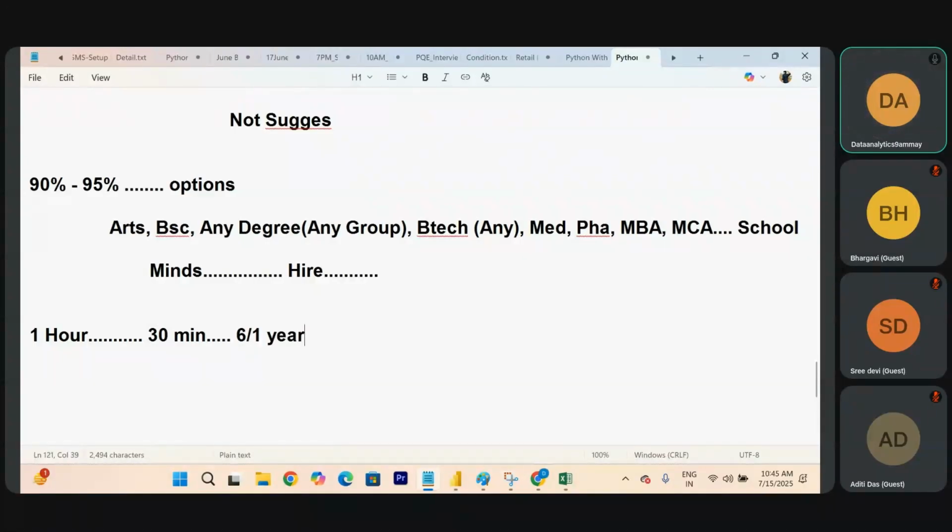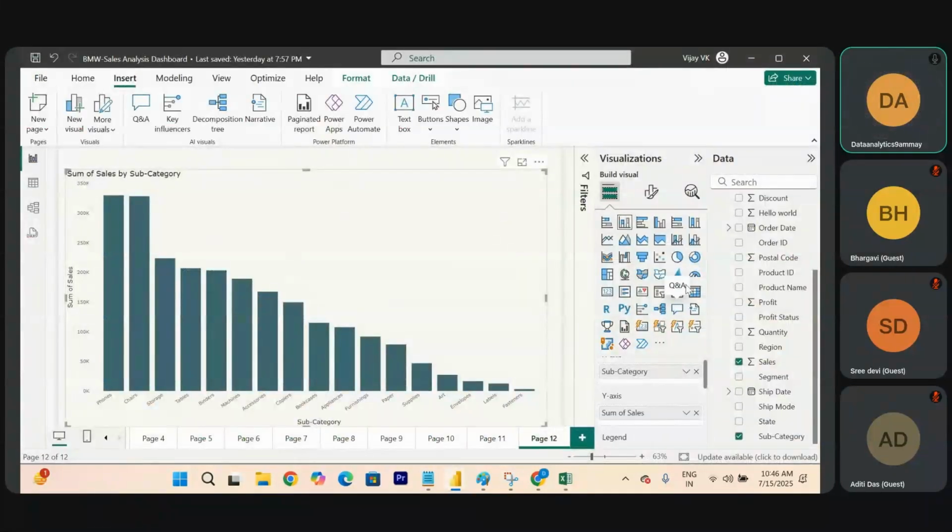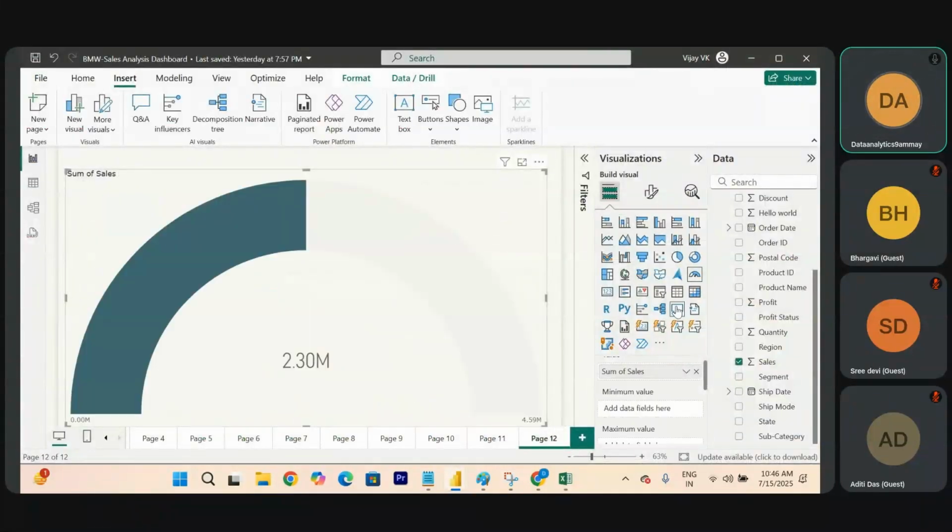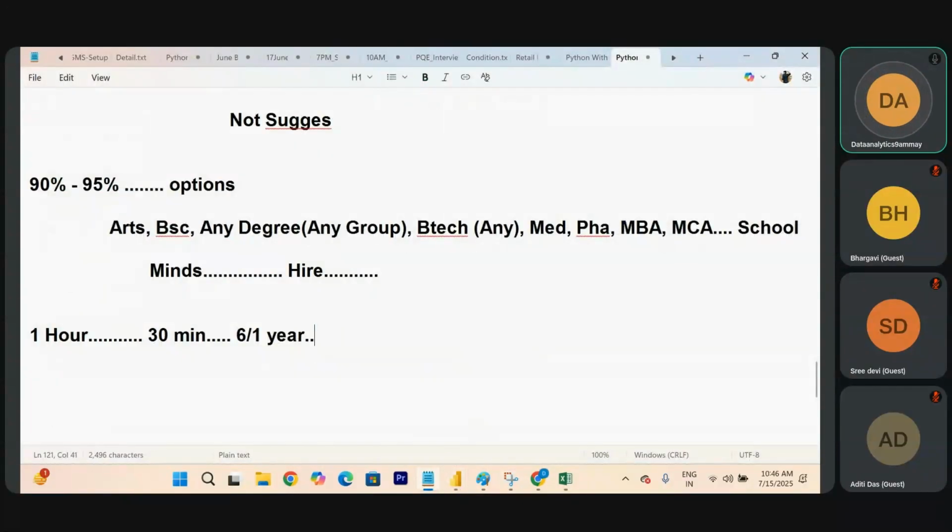Why? We are going to learn multiple technologies. Whatever we learn today, after 10 days, 20 days, you forget. If anybody asks you in the interview, you can't answer. It seems like everything is small, only options you are going to click somewhere. But if anybody asks you to tell the steps of how to do it, you know how to do it, but you can't explain. For that purpose, you must practice a minimum of 2 hours daily. Perfect. If you do 2 hours, you can get a job in 3 to 6 months.